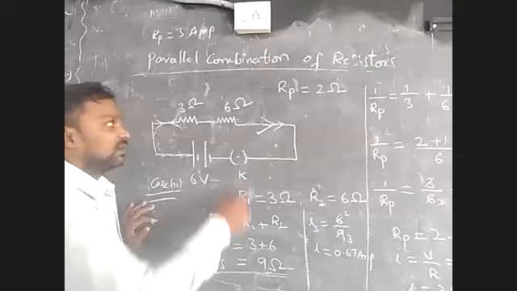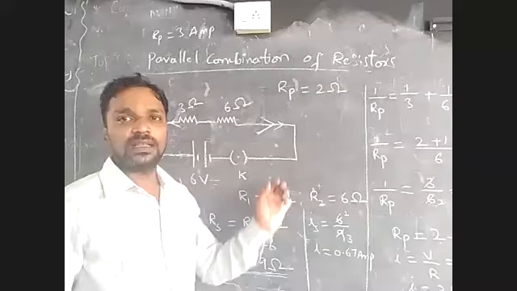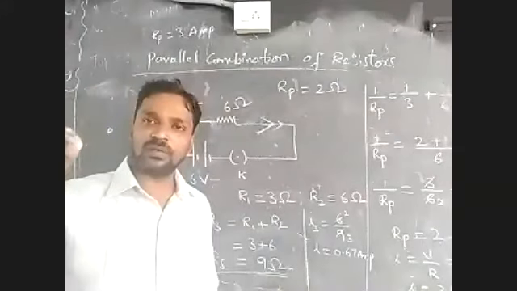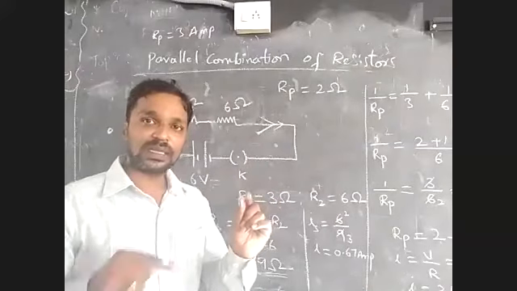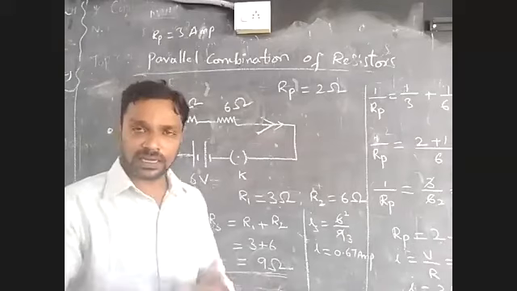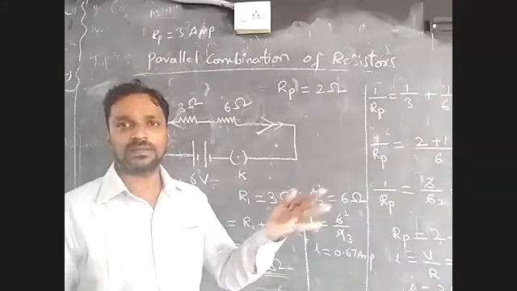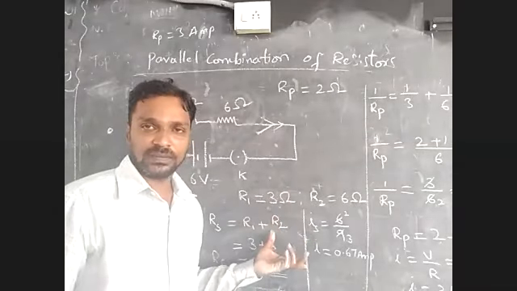Always greater. In parallel, what happens? The value of the resultant resistance is always less than the smallest resistance among the electrical resistances connected. Suppose 3 ohm, 6 ohm, 9 ohm are connected. Which is the smallest? 3 ohm. The resultant resistance should be less than 3 ohm when we calculate the resultant resistance in this combination. 3, 6, 9, it should be less than 3. You can check that one. Always that should be less than 3.